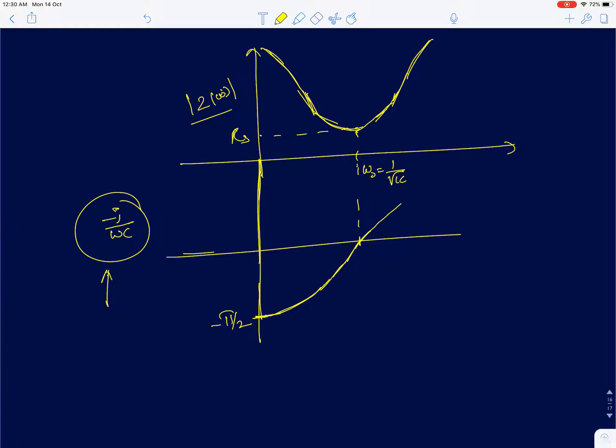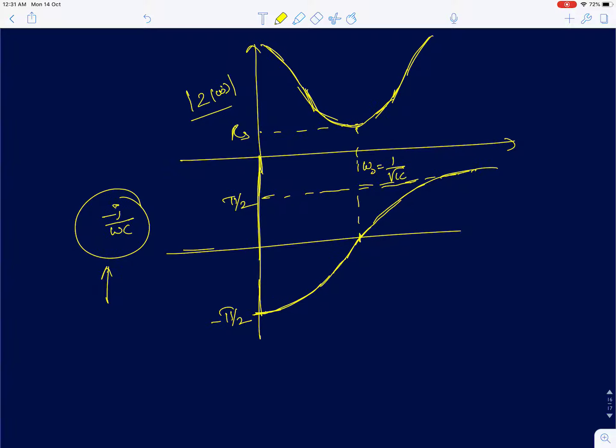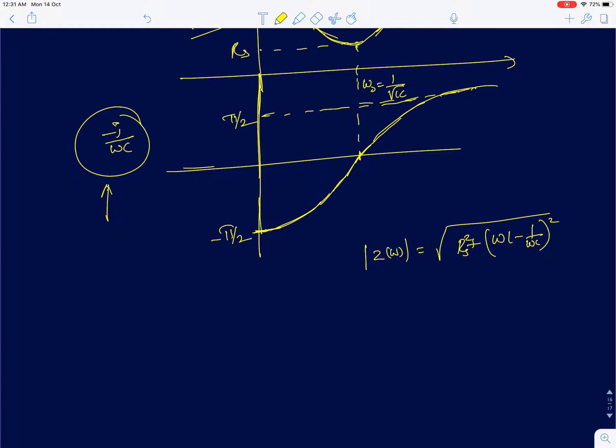And at very high frequencies, when it becomes an inductor, the impedance is j omega L, so the phase is going to be plus pi by 2. So this is how intuitively we can draw the response. Now mathematically we can see that the magnitude of Z of omega is simply going to be the square root of R_S squared plus (omega L minus 1 by omega C) the whole squared,